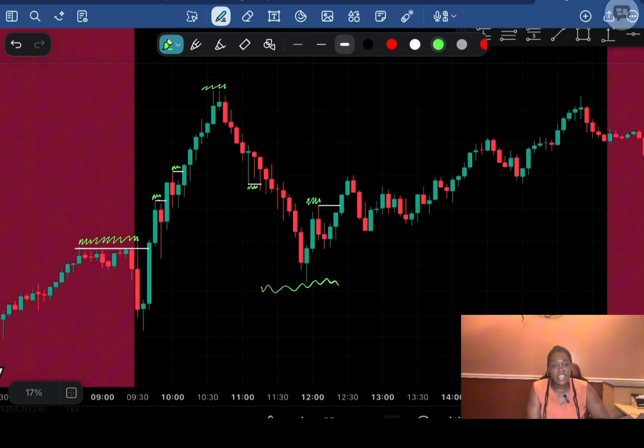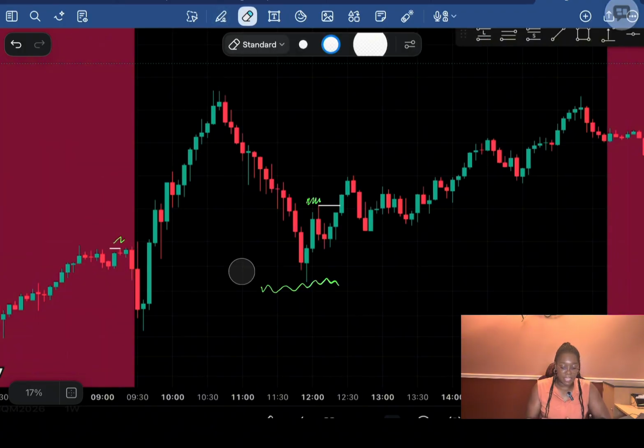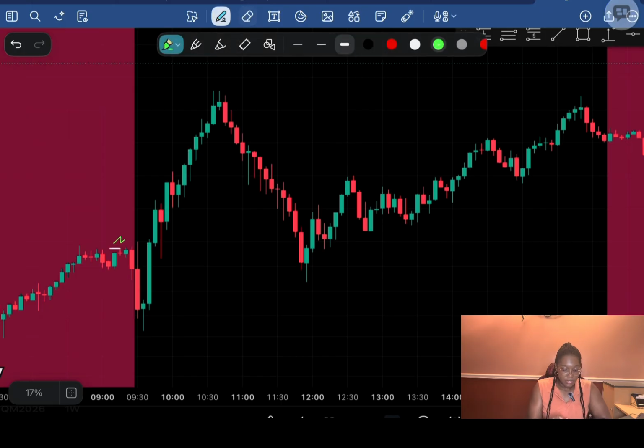In context, I would use these areas to understand where is price looking to target? Where's it looking to target next? Is it looking to take out highs? Is it looking to take out lows? Like, where would orders be resting? And you usually see that in more significant areas like your major swing highs and swing lows. So up here, I would imagine there's a whole bunch of liquidity up there. I would imagine that there's a whole bunch down here, down here, and down here.